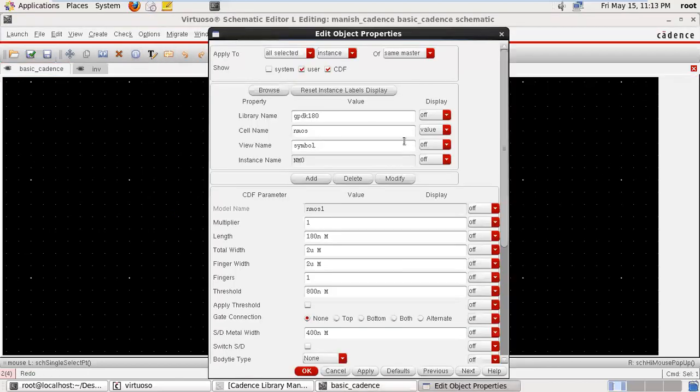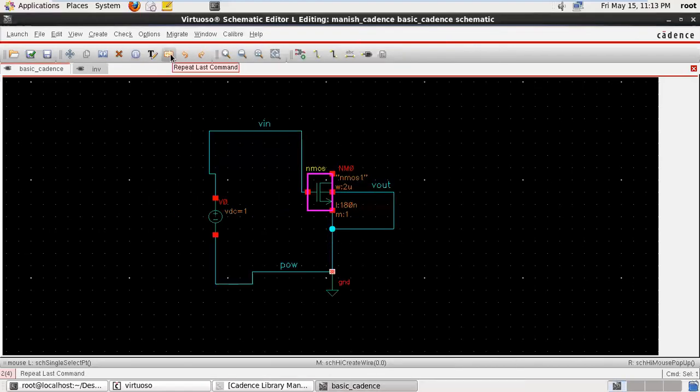Press here, so you can generate the different display here. This is direct text edit. Direct text edit is used to change the component name. Anywhere you can change the name of the component. This is repeat last command. Okay, that is redo and undo. This is for zoom in, and that is zoom out. This is for the fit of the window.